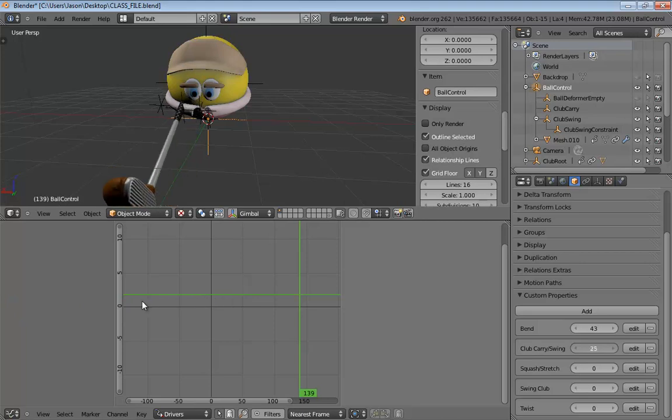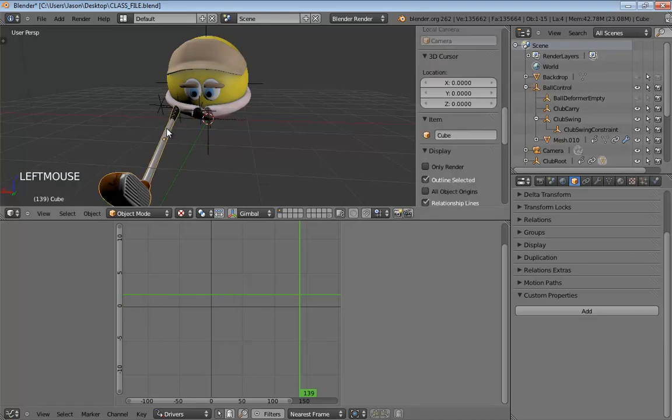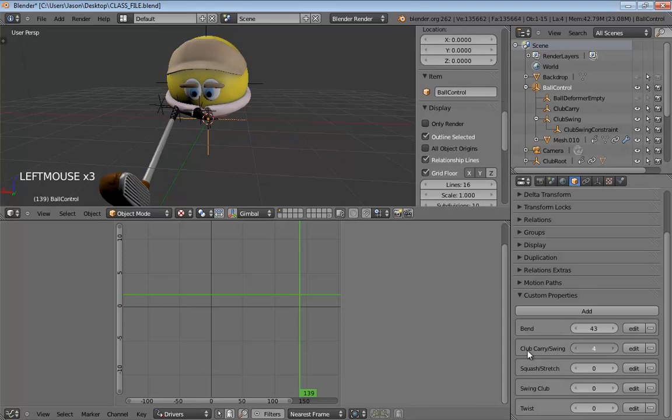Though if that was really bothering you, remember that the club itself is still a separate object that's just been parented in. You could, at the end of the day, add a little bit of corrective animation to this. So you could just keyframe its actual position when it's in the carry position, keyframe it again when it's in the swinging position, and then right in the middle you could tug it forward just a little so it seems to wrap around the character. You have all kinds of little corrective abilities like that.